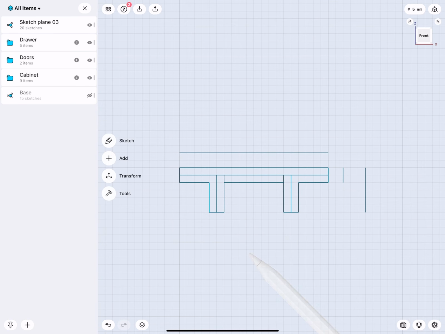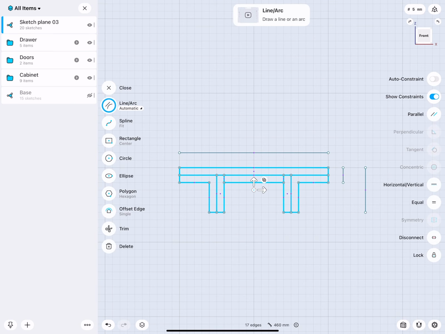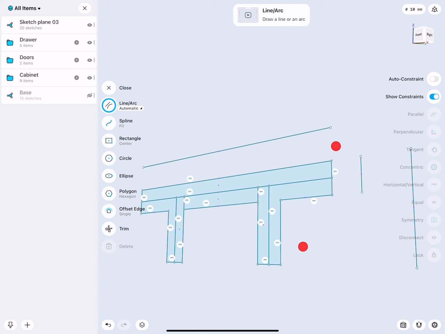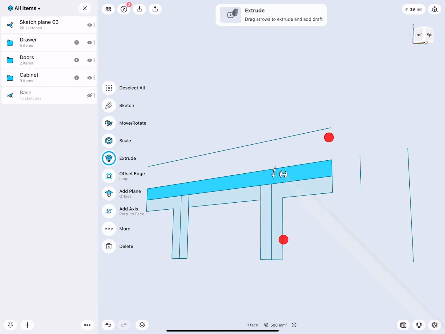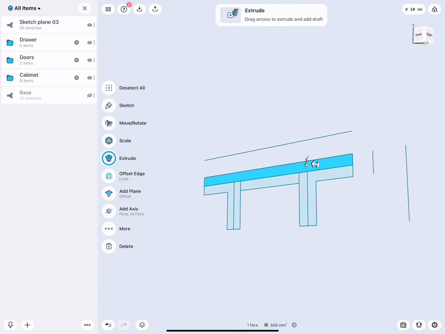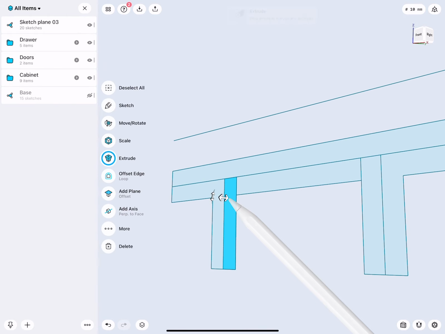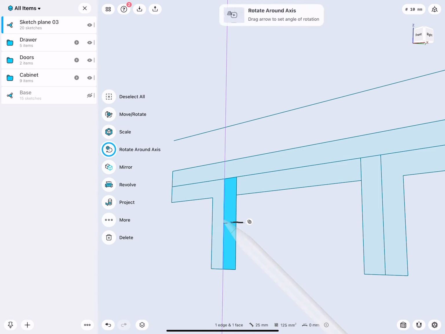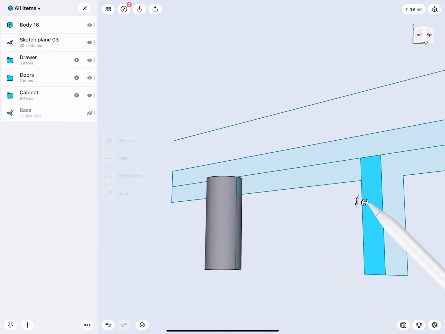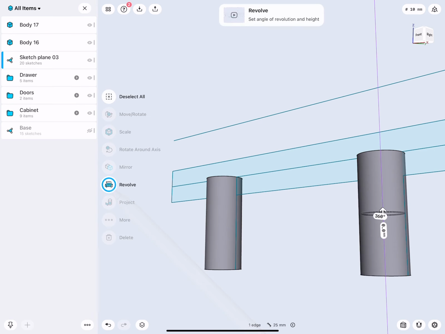Very good. If I want, I could select everything horizontal, vertical, and start constraining everything. Because this is such a simple object, I will skip that step. Now, look at this. There is a filled profile. There's one. And there's one. So profile axis, revolve. Profile axis, revolve.